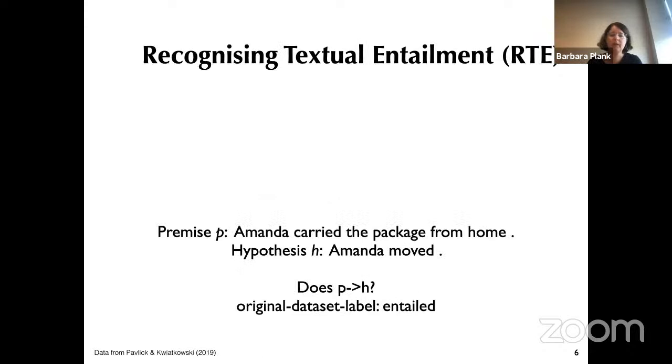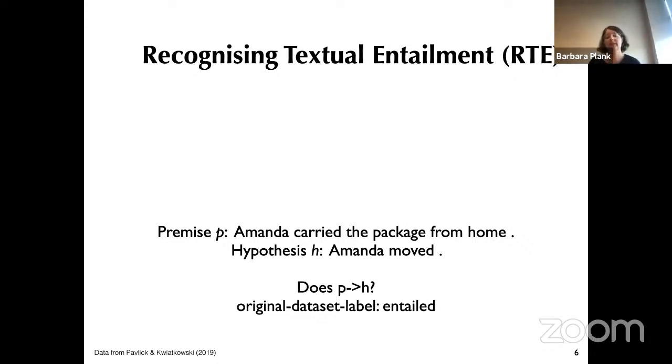Another example where disagreement has been looked at quite a bit is in fact recognizing textual entailment. Nowadays it is often called natural language inference. This is an example from the original data that dates back to Ido Dagan, which has been recently re-crowdsourced by Ellie Pavlick. The task here is, given a premise, is the hypothesis entailed?